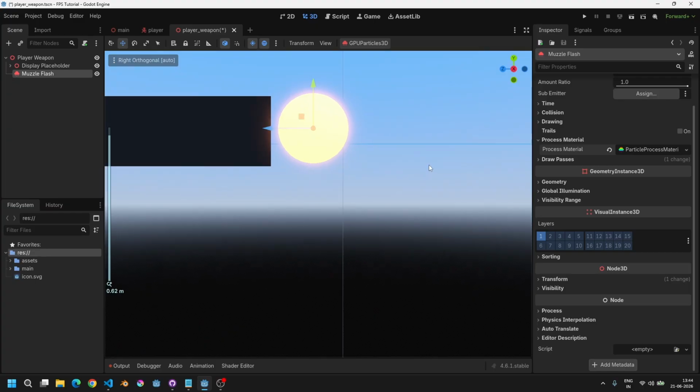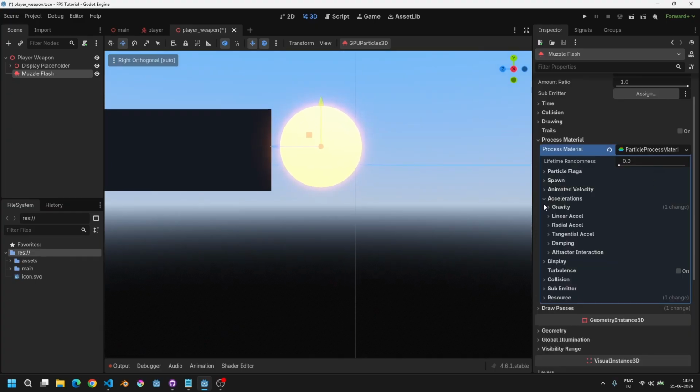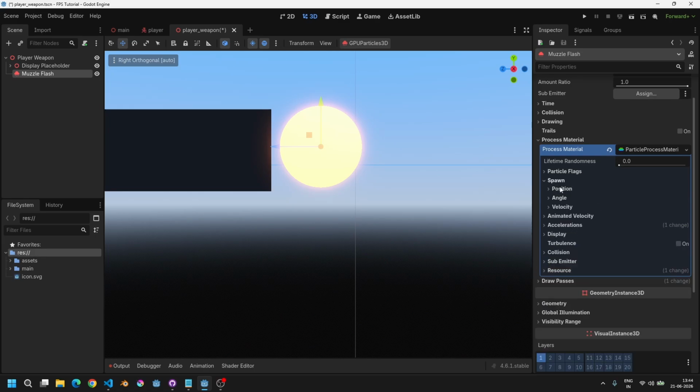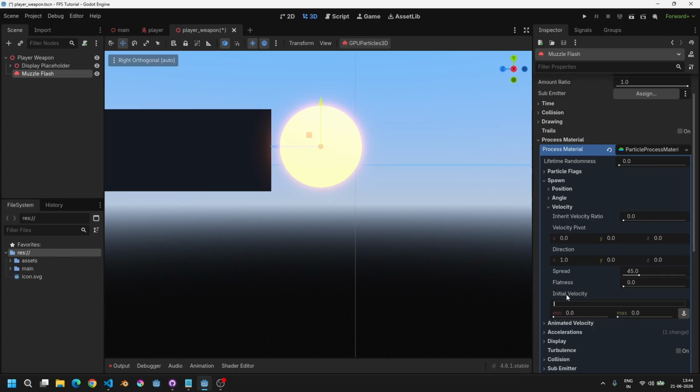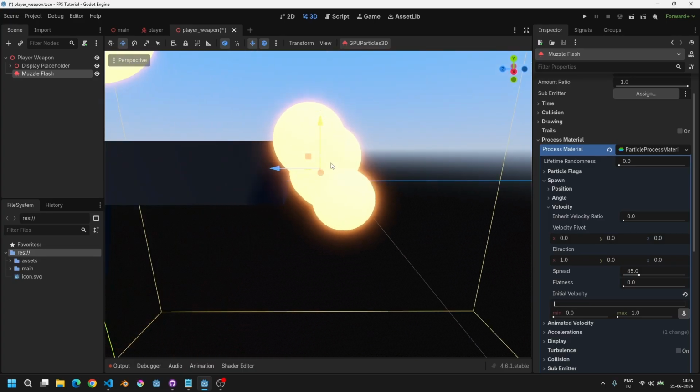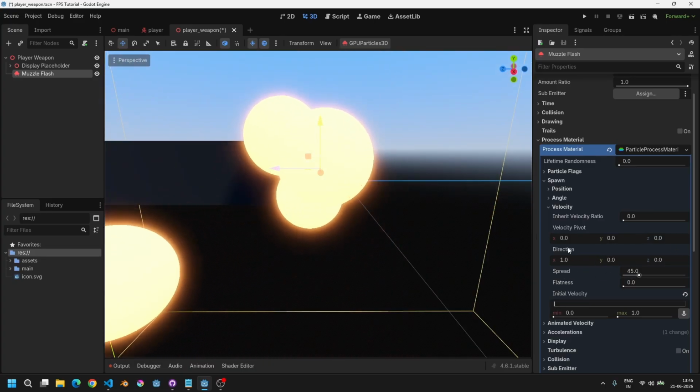With this done, we now have to make them move a little bit, and for that we are going to give them some initial velocity. I guess it's under the spawn section, velocity, and over here, initial velocity. So right now it's within the range of 0 to 0, basically nothing. So let's add a max value of 1, so we get this initial velocity, and then they will be spreading across